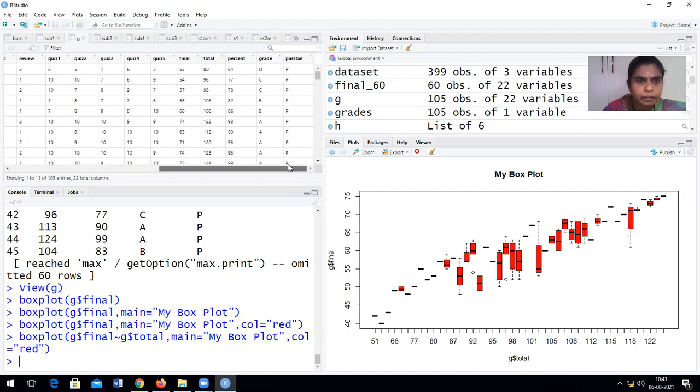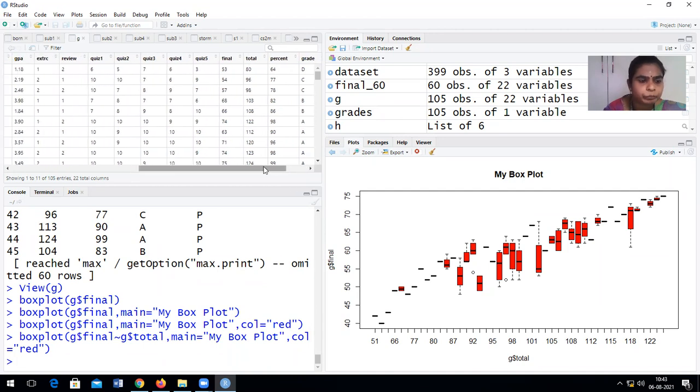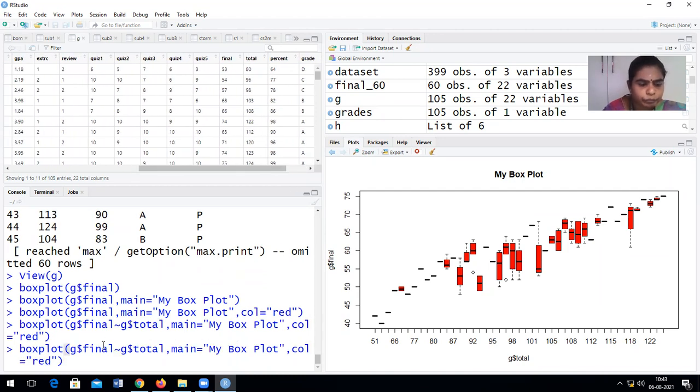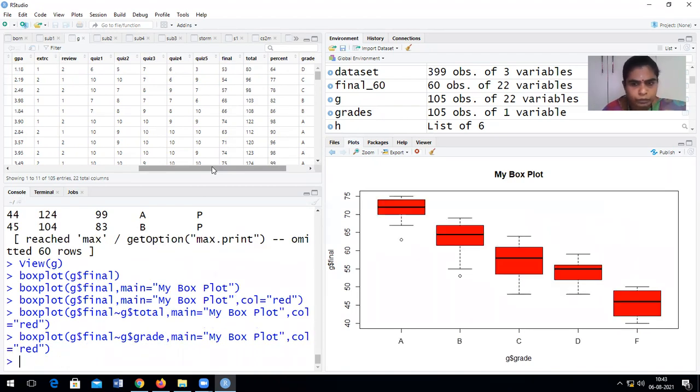I can say something like this. Yes, now look at it. With respect to the grade, we have taken the final value and done the box plot, and we can see what this indicates.